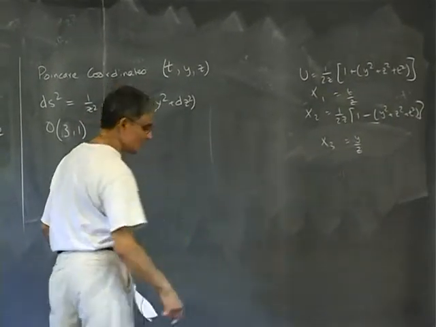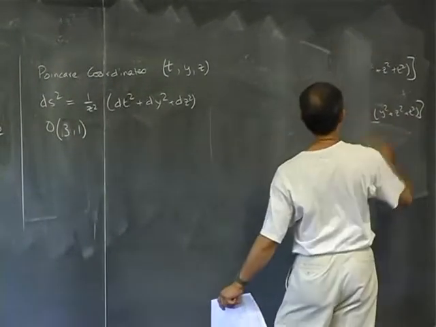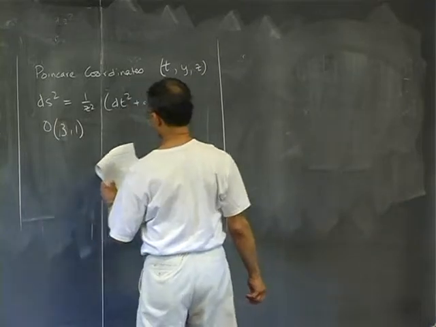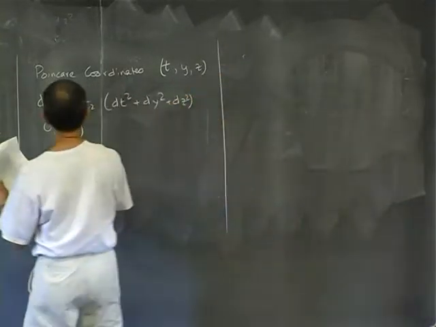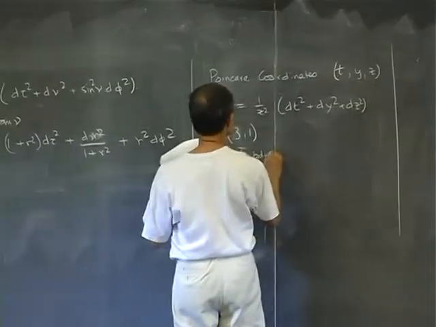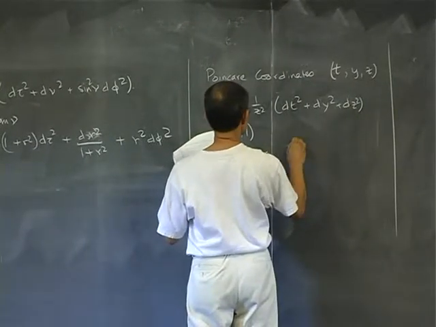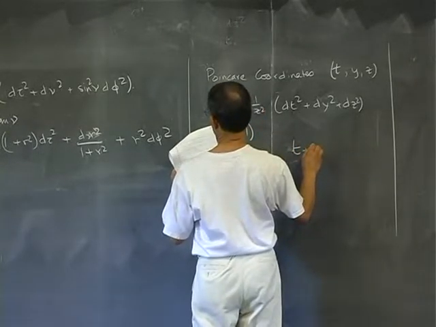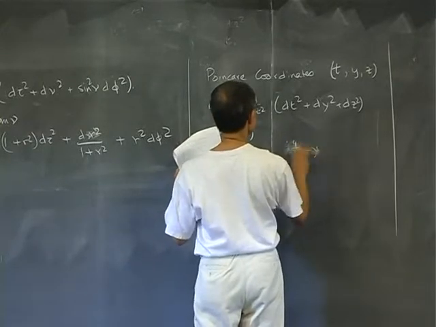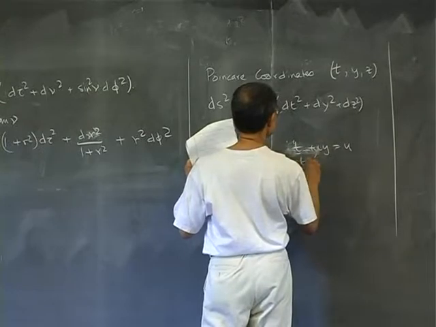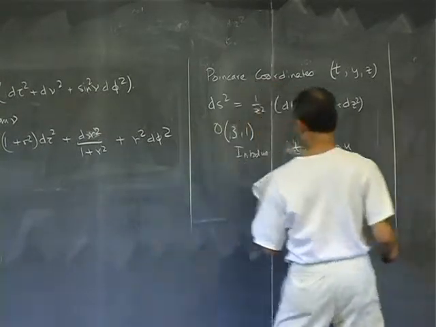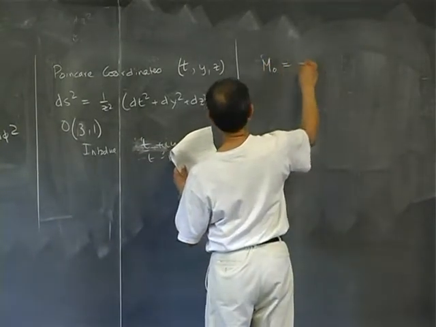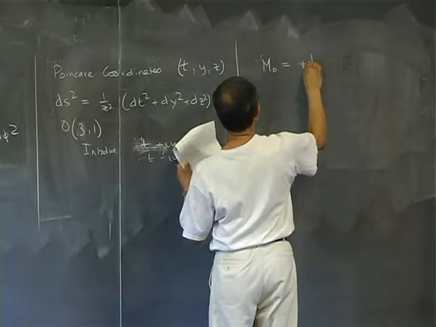And I'll write them as, with this, the generators can be written as, now you introduce again complex coordinates as t plus iy is equal to u, t minus iy equal to u bar, and then the generators are written as follows: plus half